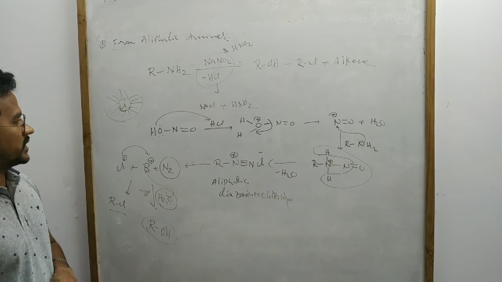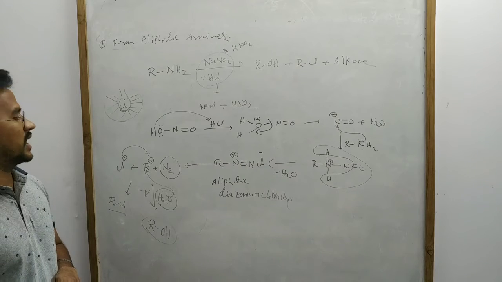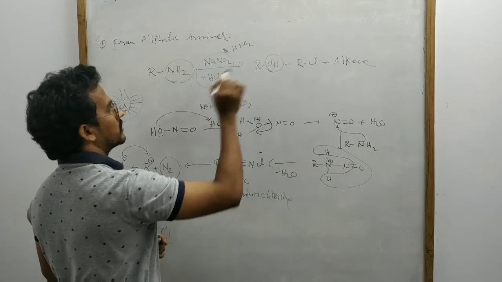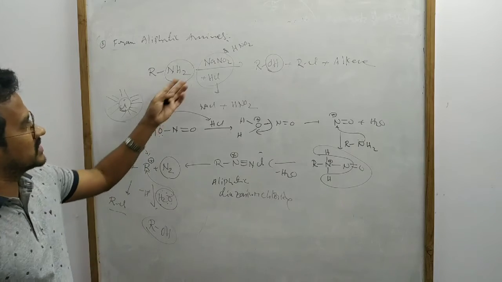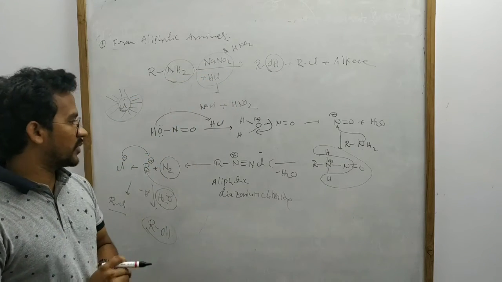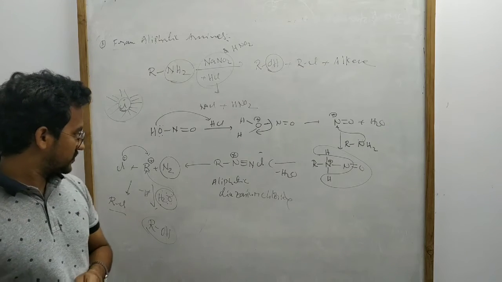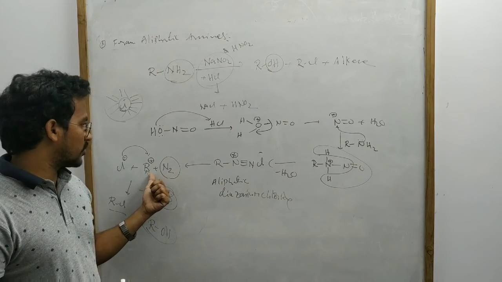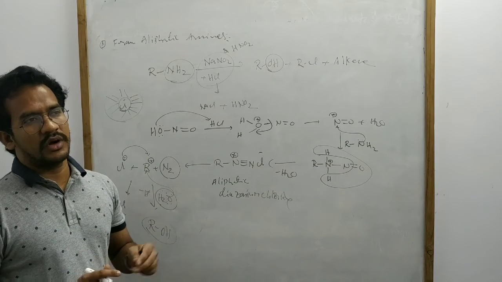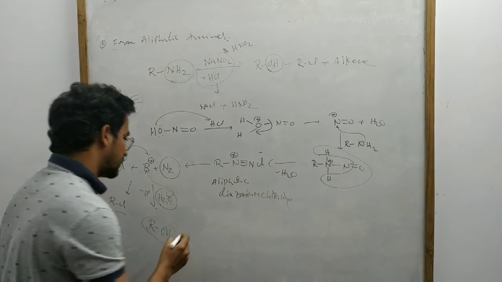So in this case, the main point is that carbocation is the reaction intermediate. So simply you can write RNH2 to ROH. Alkyl amines react with NaNO2 and HCl, and RNH2 to ROH is simply a product reaction. But here we will discuss some examples. The main point is that carbocation is the reaction intermediate. Since carbocation is the reaction intermediate, we can observe rearranged products.